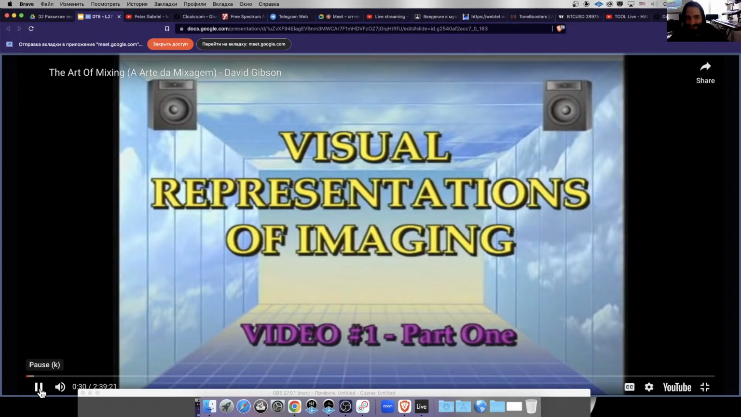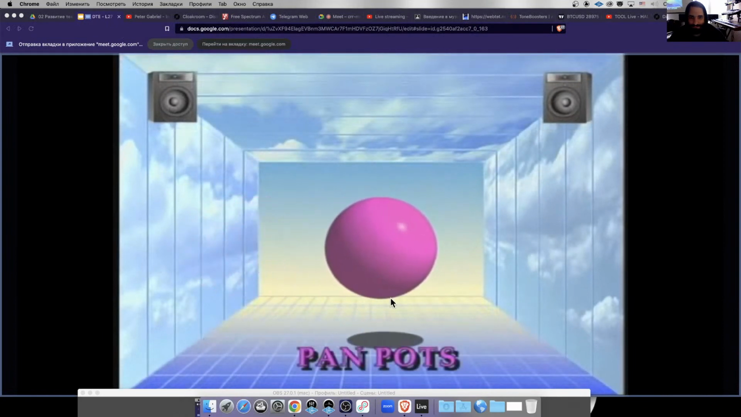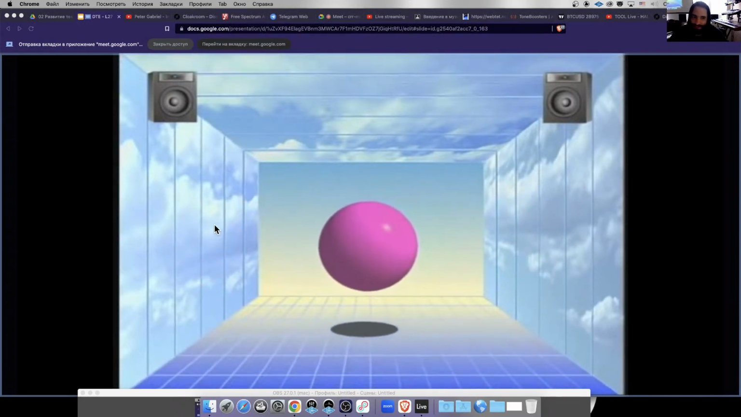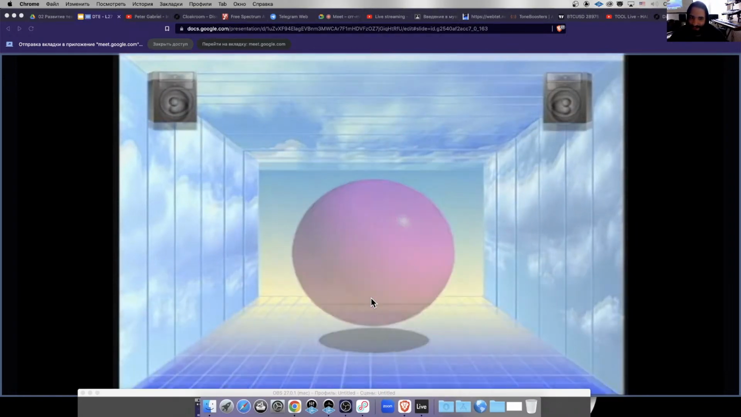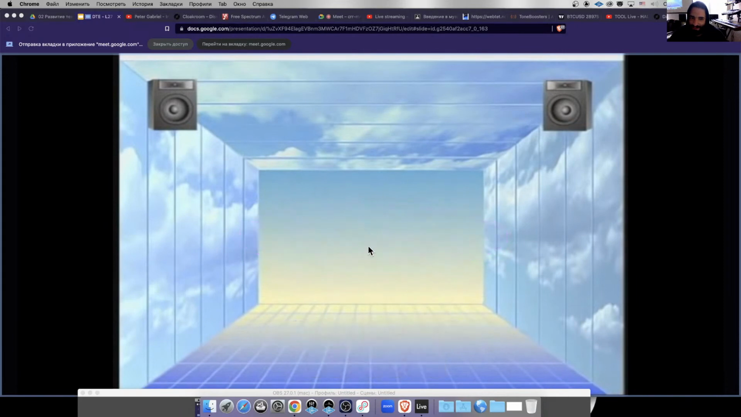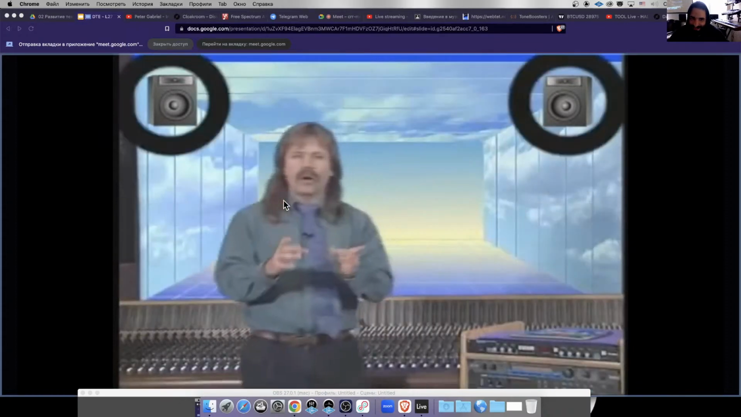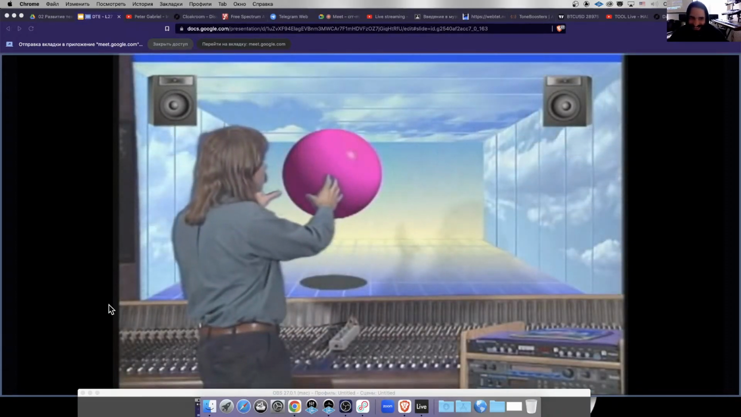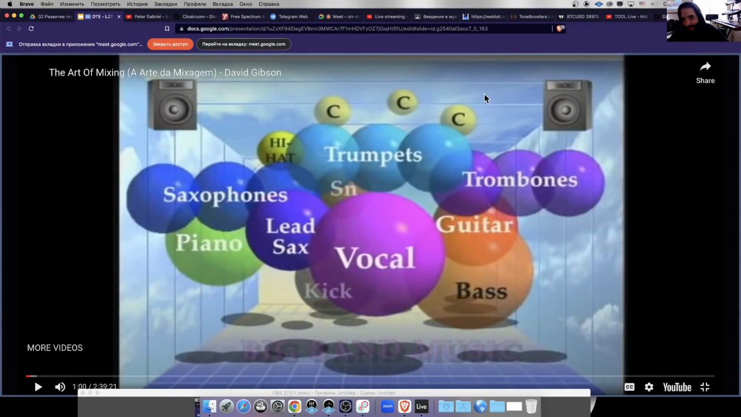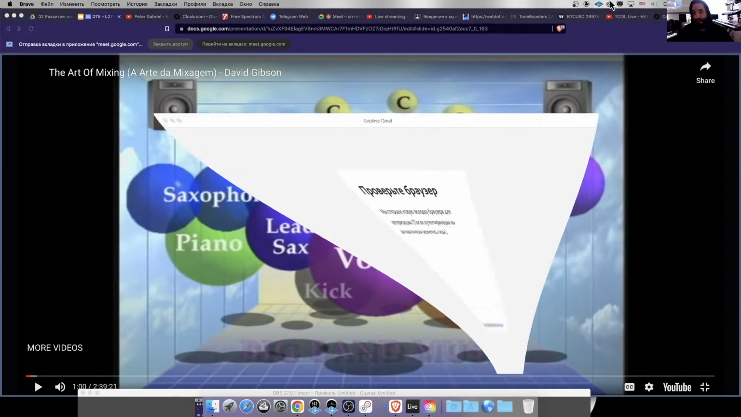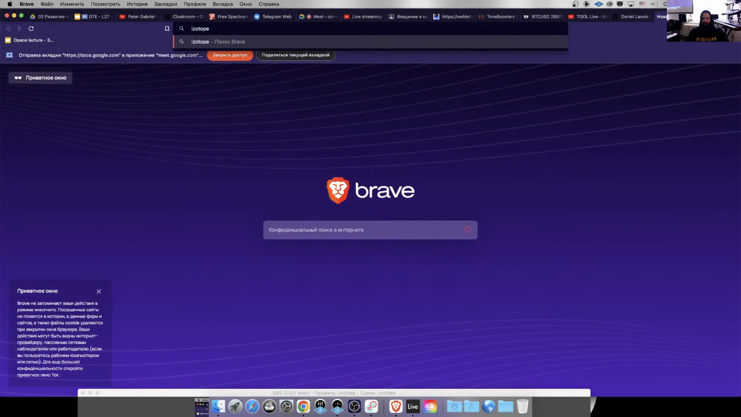The first video, an introduction to visual representations of imaging. What makes a great mix? Introduces you to our framework for displaying sounds visually. We'll map out how each piece of equipment, volume faders, the control room affects imaging, equalization, the apparent placement of sounds between the speakers. We begin by mapping out the space between the speakers. Then we'll explain the mapping of sound to visual. Once we've built a visual framework, we can then use it to